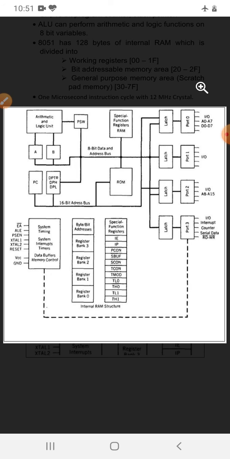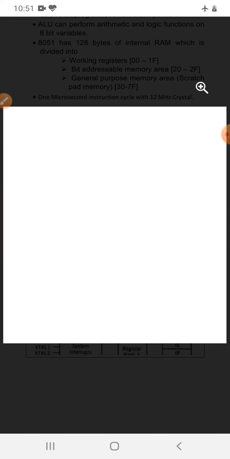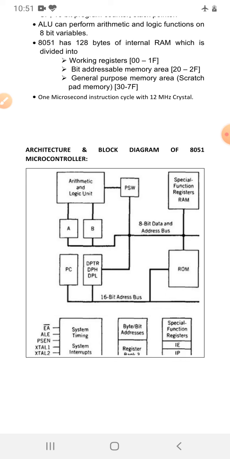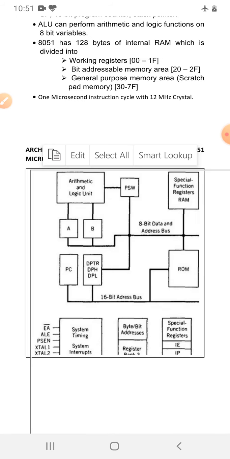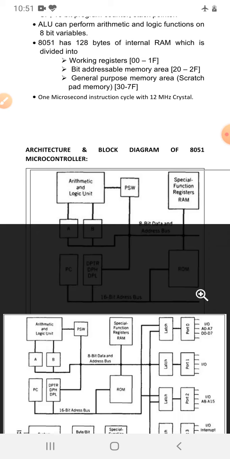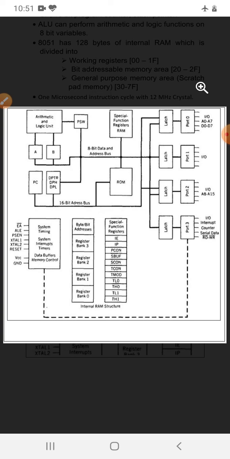Basically your 8051 consists of an 8-bit ALU, plus one 8-bit program status register, that is nothing but your flag register, plus two special function registers which work along with your ALU, that is register A and B, plus one 16-bit program counter register, one 16-bit DPTR, 128 bytes of RAM, 4 KB of on-chip ROM memory, and 4 parallel IO ports, each 8 bits wide.